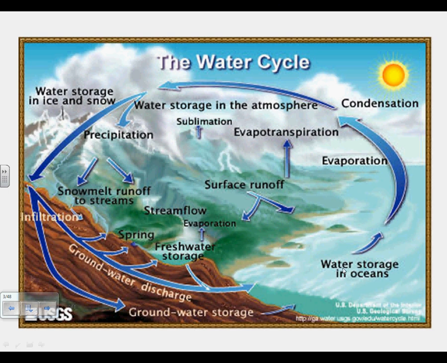If we start over here in the ocean, water evaporates, so it goes up into the air, or it stays right where it's at. If it evaporates, it eventually goes up into the sky, where it condenses, and it condenses when it forms water droplets. So in other words, it makes clouds. Eventually, it's got to come down because it cannot be supported by the air anymore. It's too heavy, and precipitation takes place. Now, it can fall as snow or ice or hail, but as it comes down to the ground, it's got to go somewhere. We see that going into rivers, lakes, streams, the groundwater, and then eventually it evaporates again from